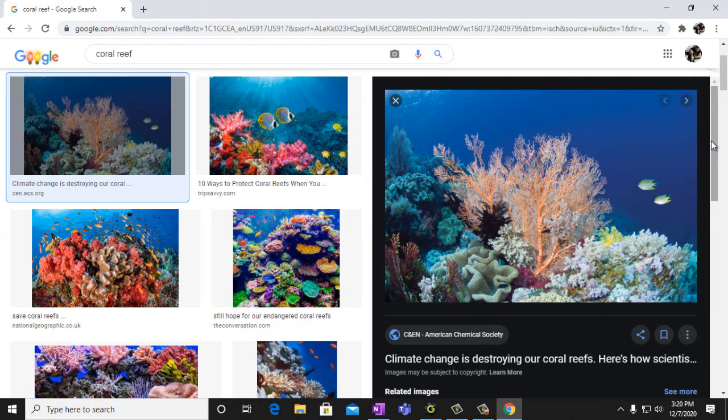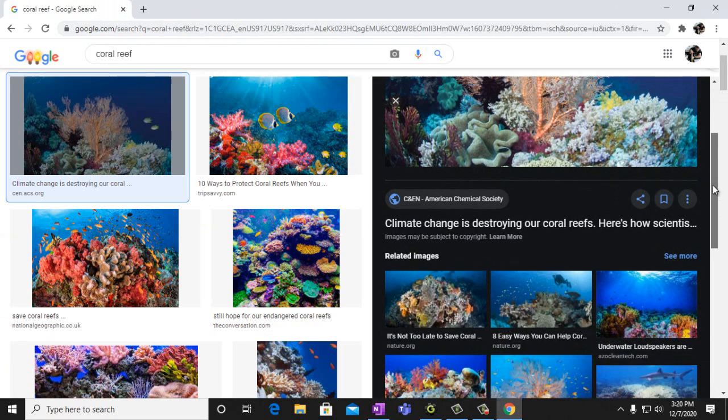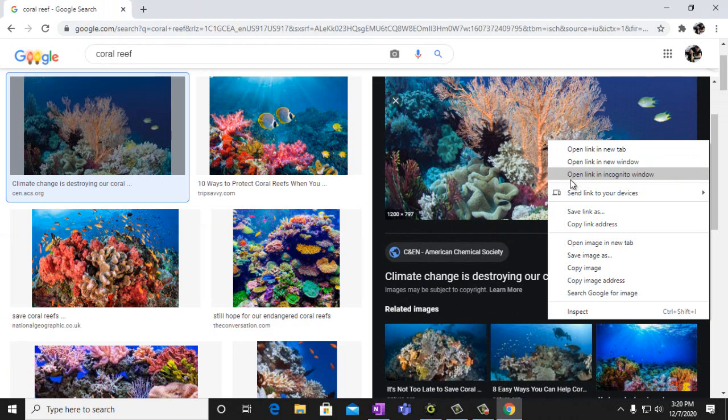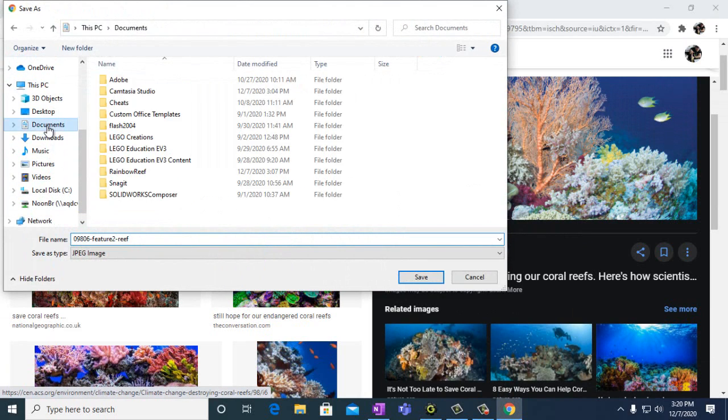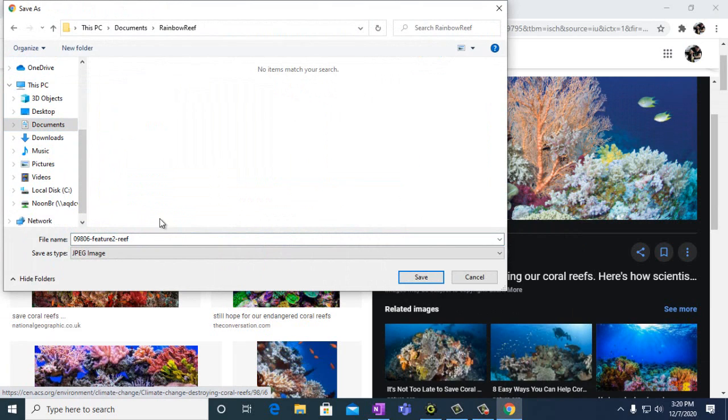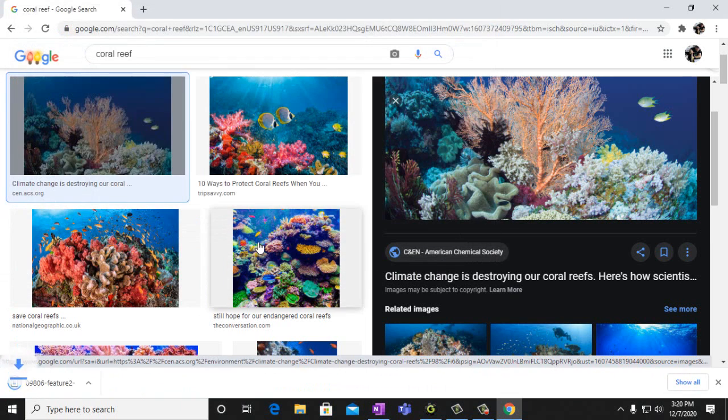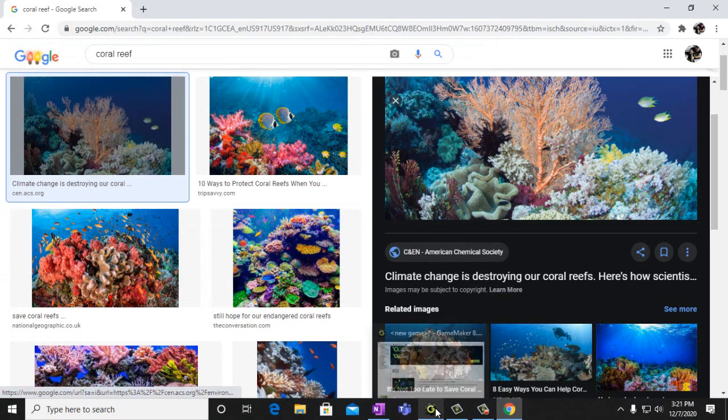Oh wait, it's here. Save image as, and we're going to go to our documents, our Rainbow Reef. It's a JPEG. I'm going to put it in there. You could give it your own name, but now that's in there. And now when we have our game,